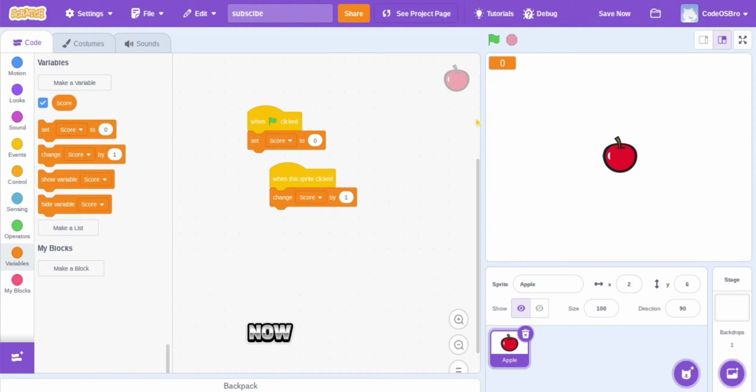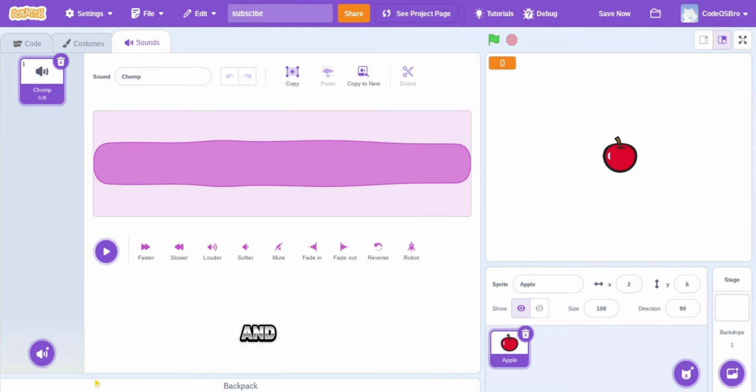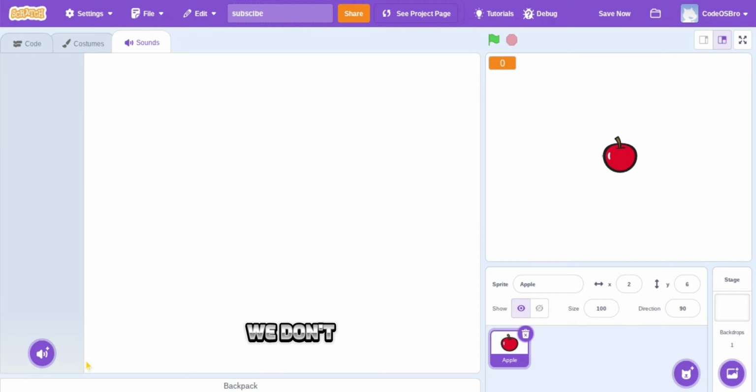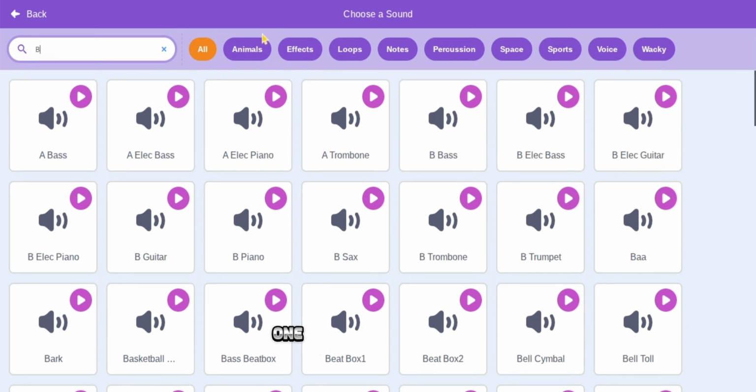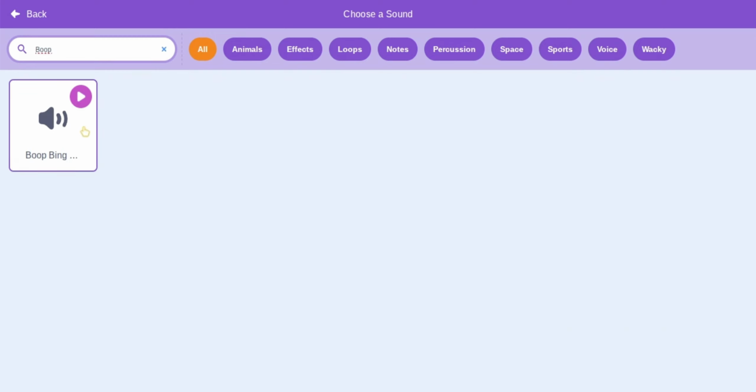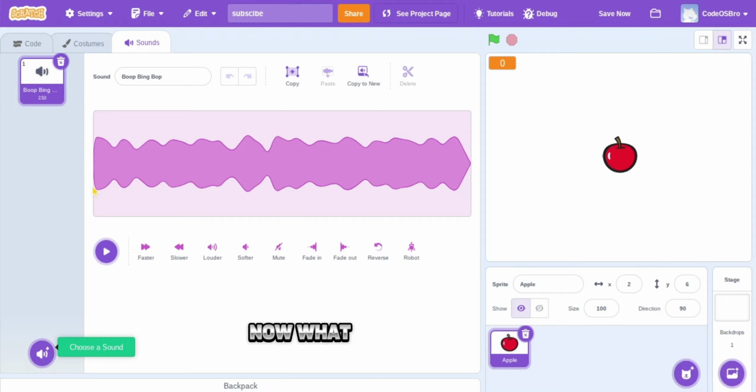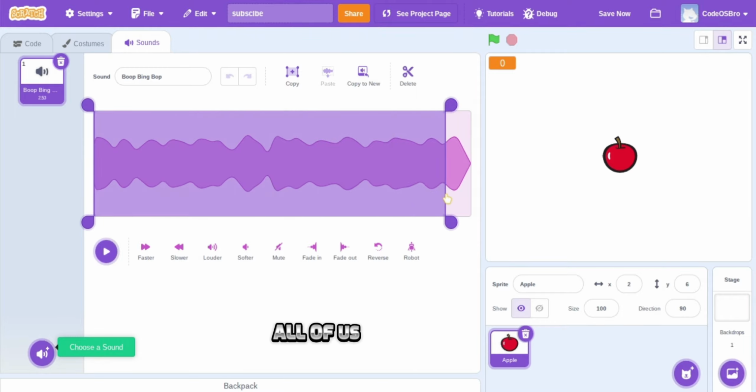Alright, now let's add a sound effect. To add a sound effect, you go to the sounds tab and just delete this one. We don't need it. And click on choose a sound. You can choose anyone you like. I like this one, Bloop. Now, what we want to do is we just want to delete all of this and leave the end of